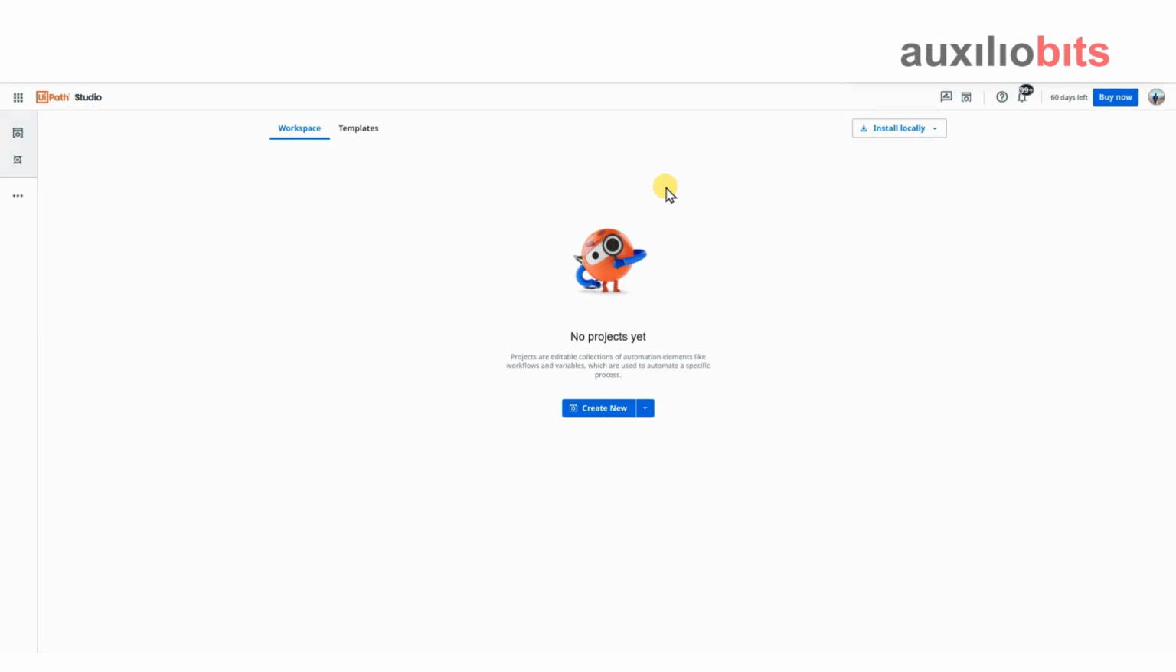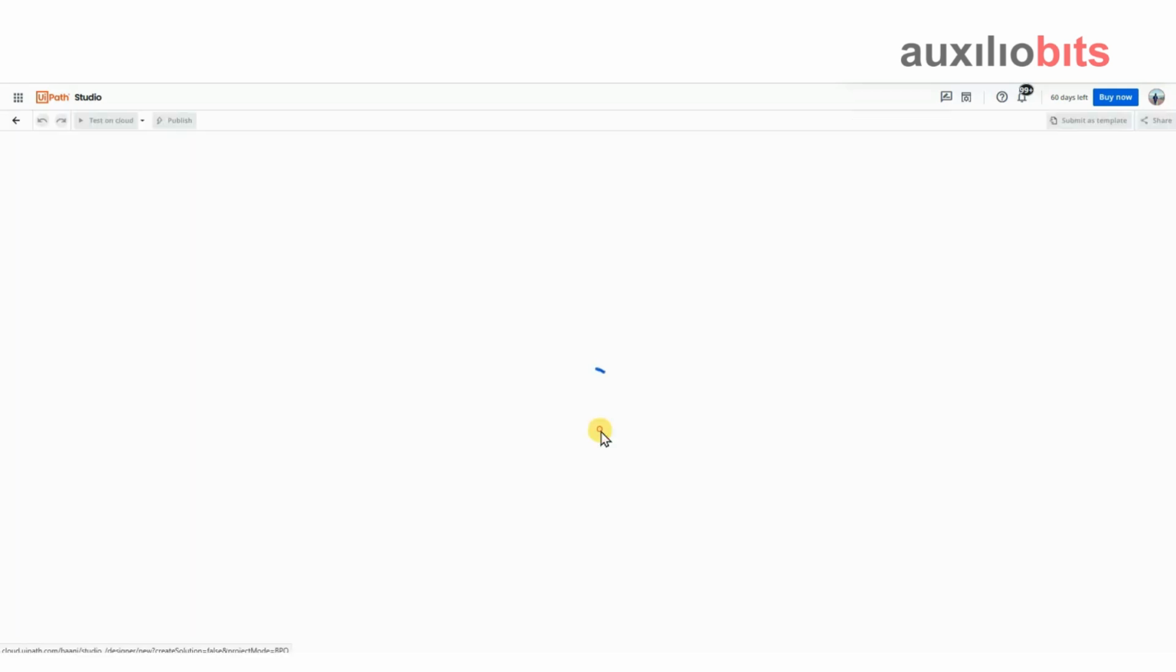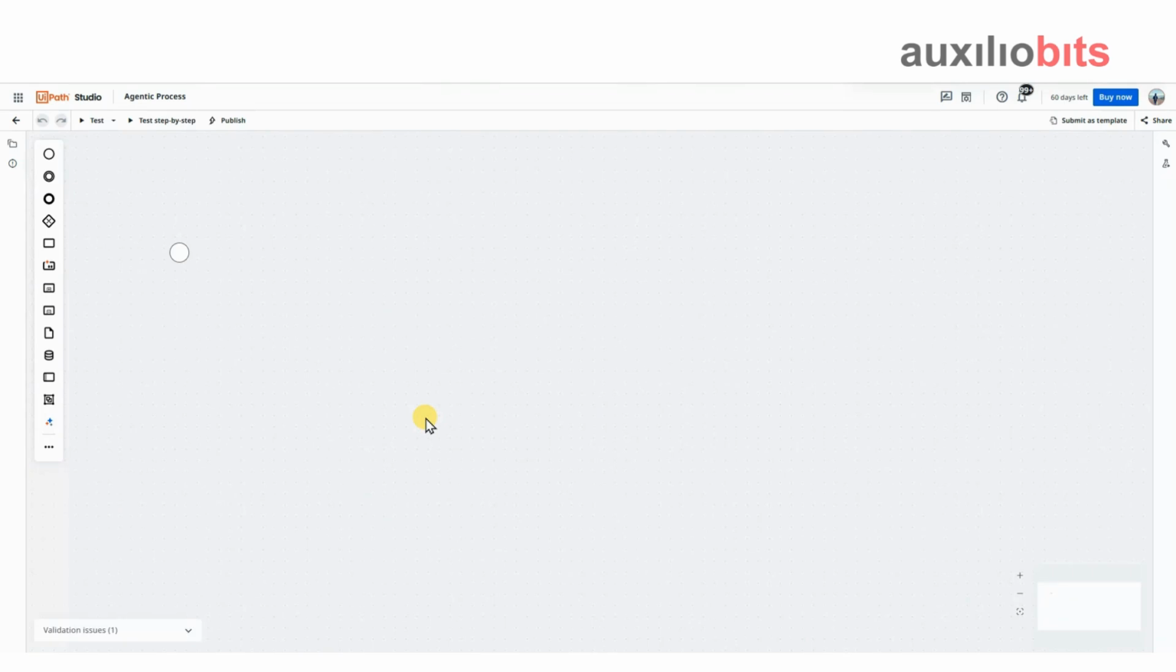All right, let's dive into Maestro and see the things in action. We'll be starting off with process modeling. Let me quickly create a blank project. So in this phase, process owners have the ability to design and manage agent-driven workflows using these standard tools that